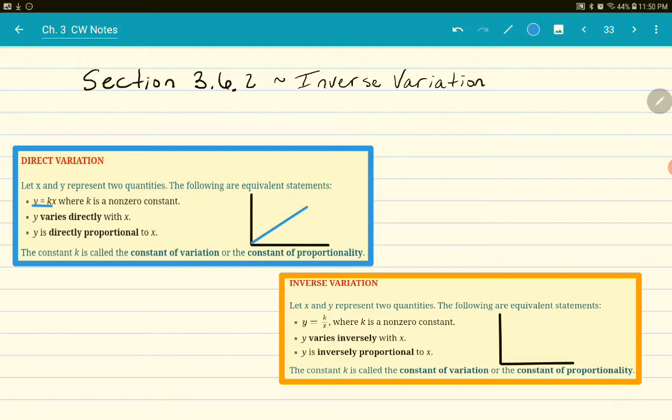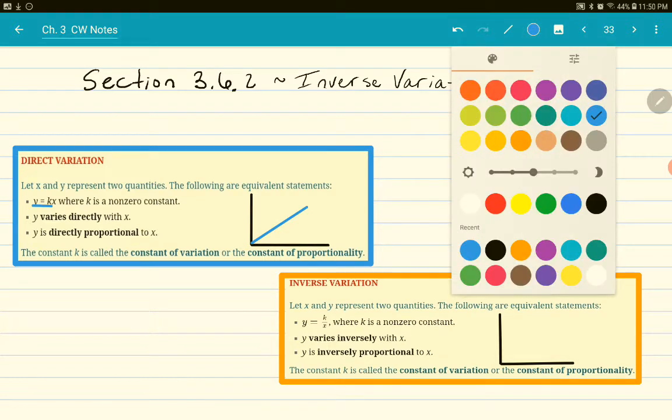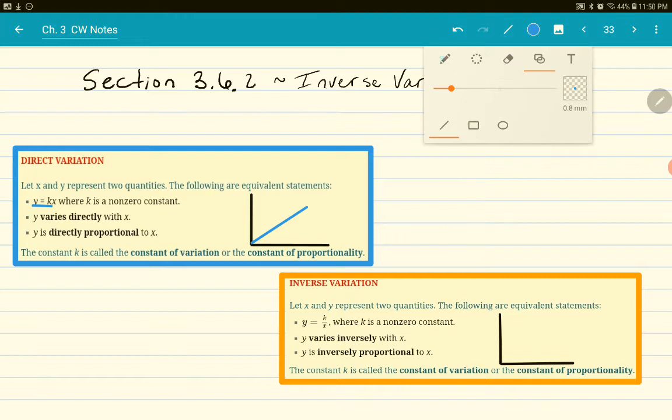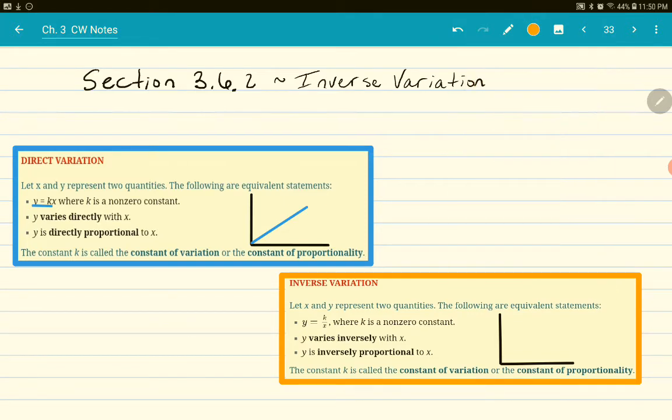Direct variation usually refers to something where as x increases, y increases. Whereas inverse variation is designed to, let me get my pen, model something where y is decreasing as x is increasing, and that is modeled with the variable in the denominator. So that graph looks more like this, where k again is still the constant of variation or the constant